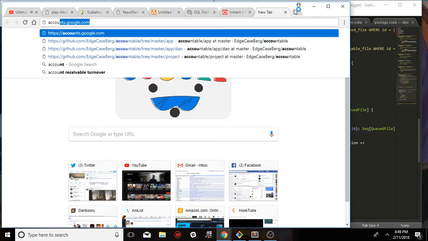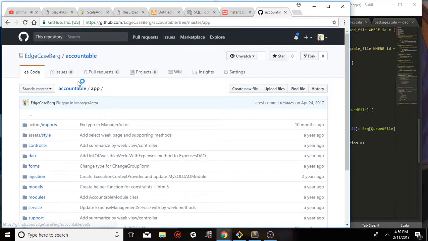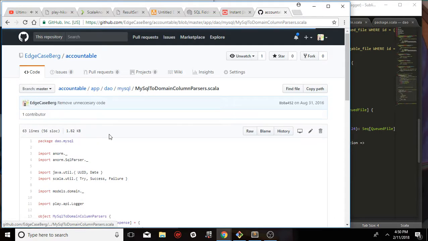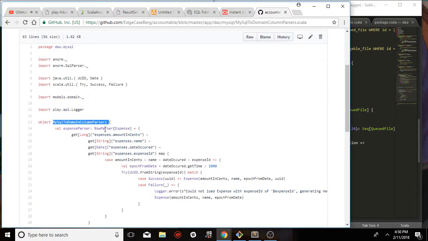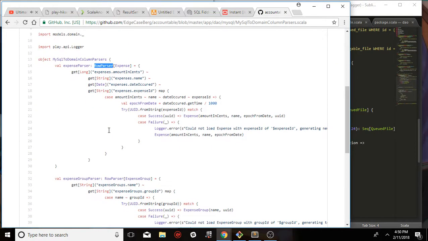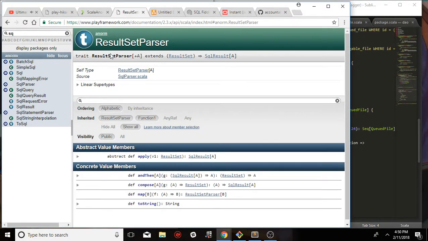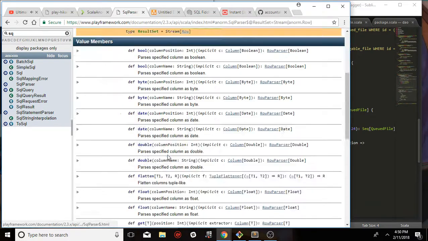And I'm just going to verify with myself that this is what I want to do. So sometimes I make these parsers. Oh, I made a row parser before instead of a result set parser. I mean, it doesn't really matter that much to me, to be honest. It doesn't really seem like it'll matter that much here. Basically, the difference between a result set parser